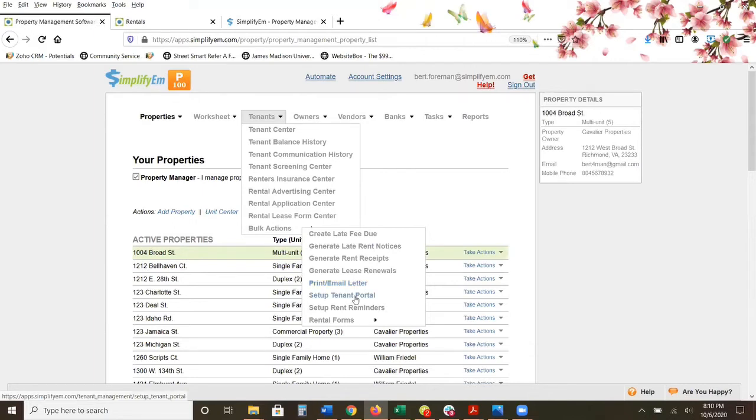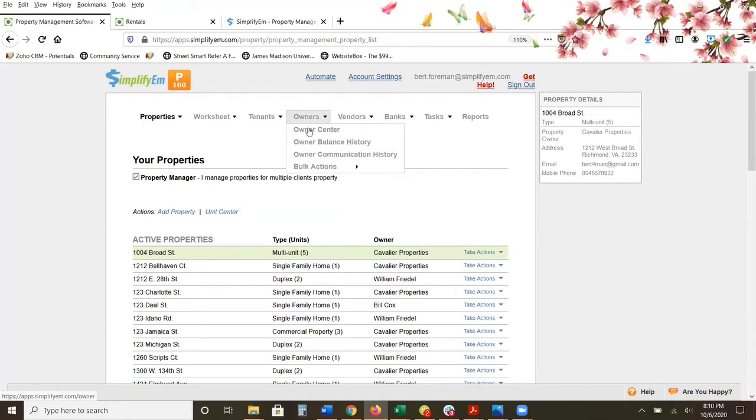Down here where it says set up tenant portal, this is where you're going to invite your tenants to sign up to the tenant portal. They can pay their rent online. They can look at any documents you share with them, and they can also submit repair requests through the tenant portal. Up here under the owner center, this again is where you're going to set up all your different owner